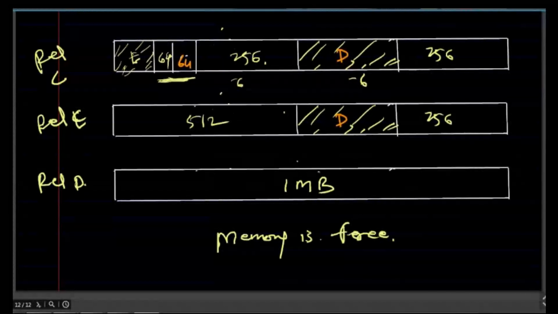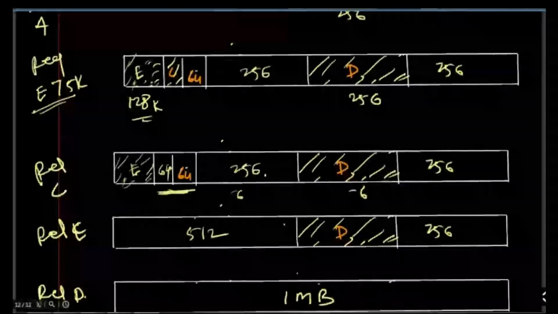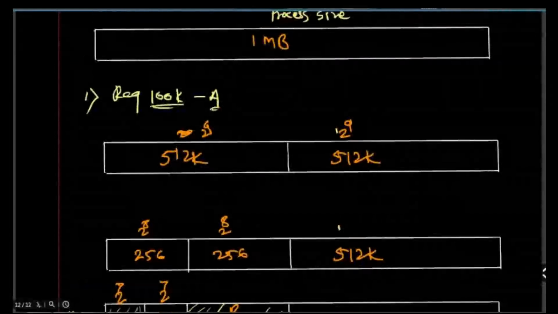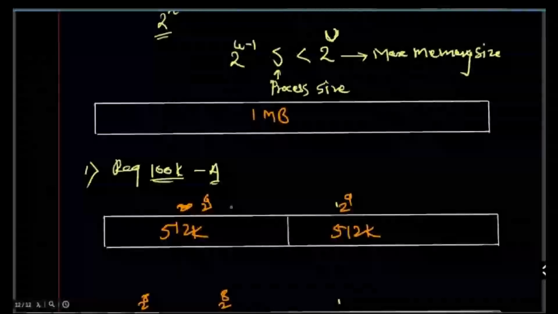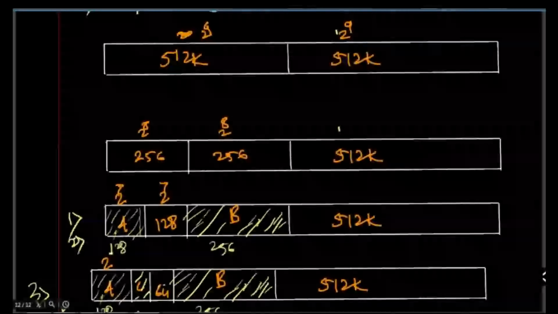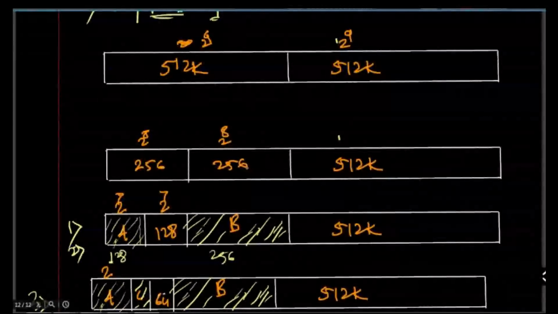In the buddy system, the blocks are created dynamically, so it is a kind of dynamic partition technique. Whenever you have a request, you check for the smallest block of a power of 2 which is sufficient. So we have a request of 100K and memory of 1 MB. First we divide it into 2 equal parts, 2 raised to 9, 512 and 512. But this 512 divided again will become 256 and 256, and 256 is greater than 100K. So we will divide this 512 into 2 equal parts, 256 and 256.